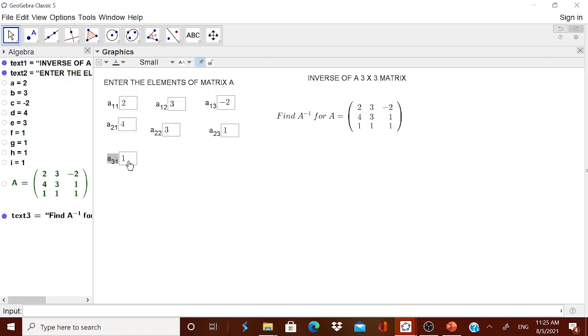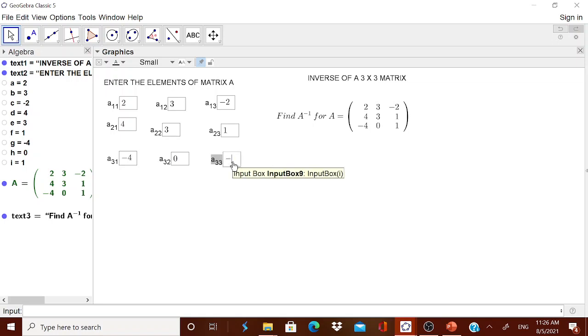When I change it into -4, or something, I'm just putting 0 here, and I will put -2, for example. Now whatever they entered, then A inverse is coming over here.